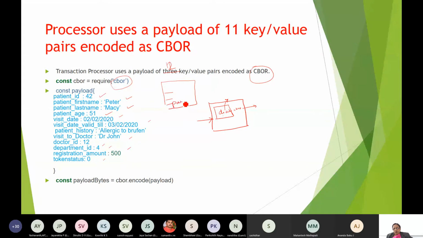There is one known as the payload in that transaction. That transaction structure is very important. It should be at the tip of your tongue. Okay, what will happen? It will take these values, right? And it will generate the CBOR output for this, and that CBOR output is stored here.